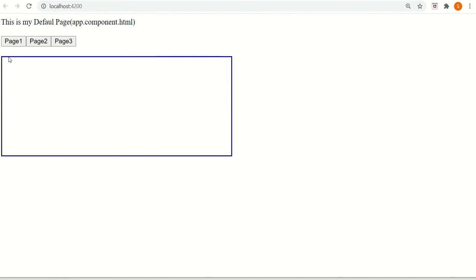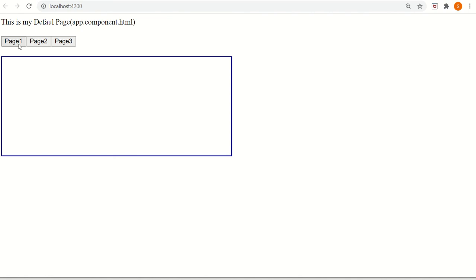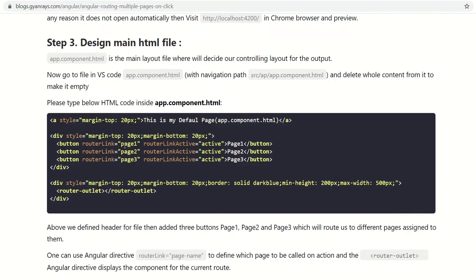That is also possible. Alright, so when I click button 1, it should route to page 1. How to do that? With the help of Angular directives.